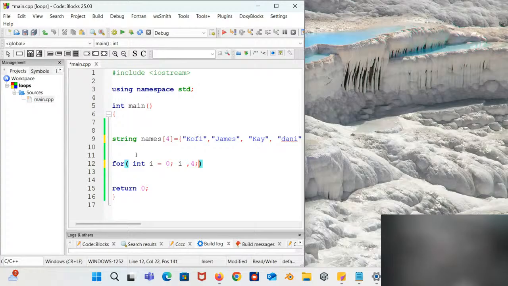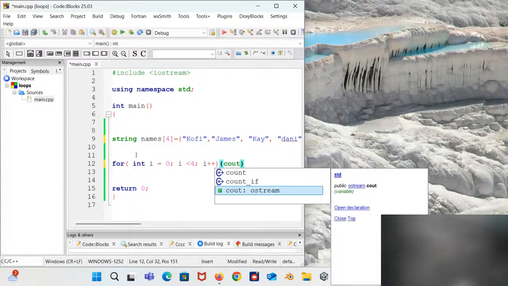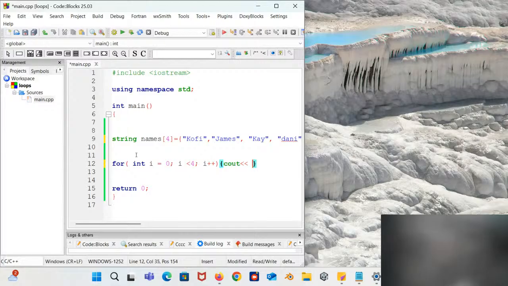Then the test statement will come: i less than 4, sorry. And then the update statement, we can say i plus plus. Then we come down here and say the actions. I can say cout i here, and we can add a string with a space here.